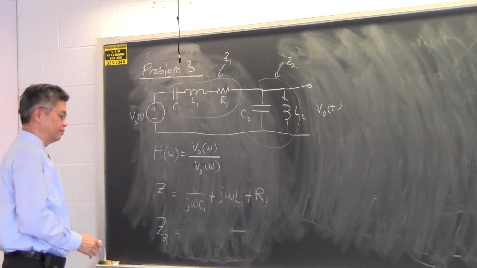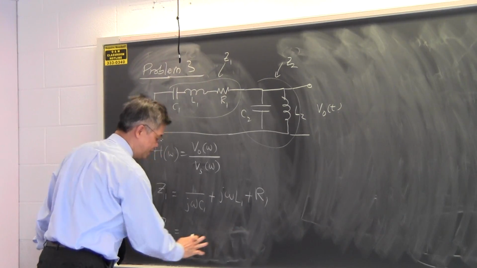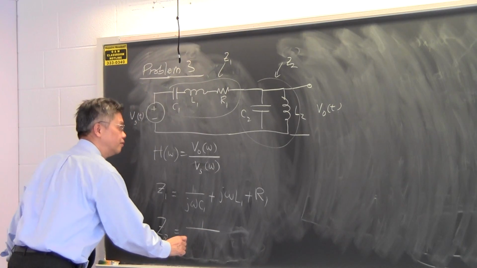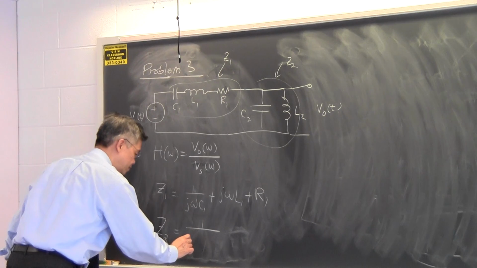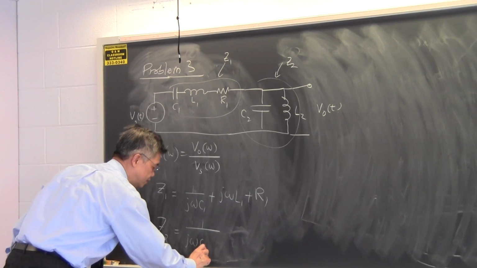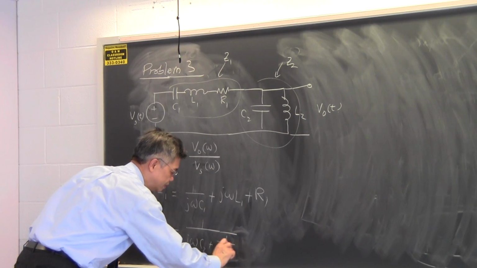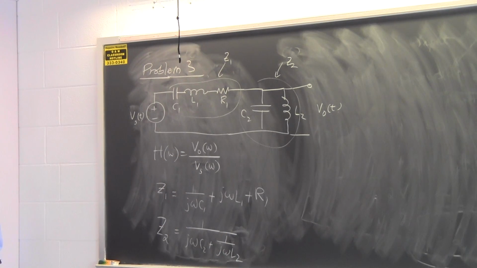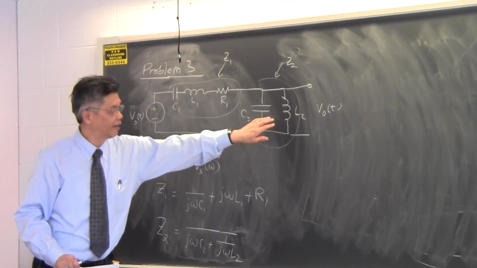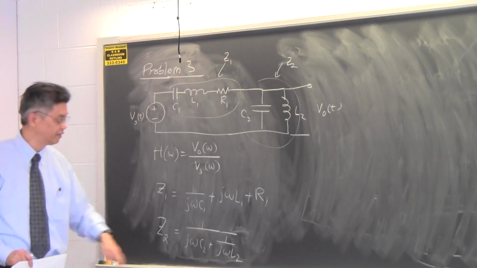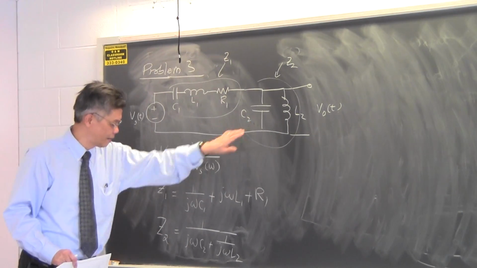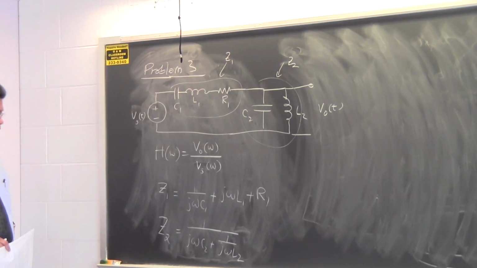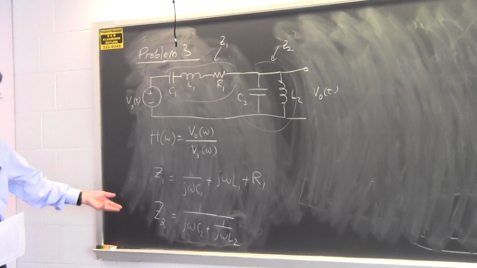So it can be written in very many different ways. It can be written as the j omega C2 plus 1 over j omega L2. There's another way to write the parallel connection of these two. You add their admittances and then invert them. The admittance of the capacitor is given to be that. The admittance of the inductor is given to be that. You add them and you invert them. That gives you the